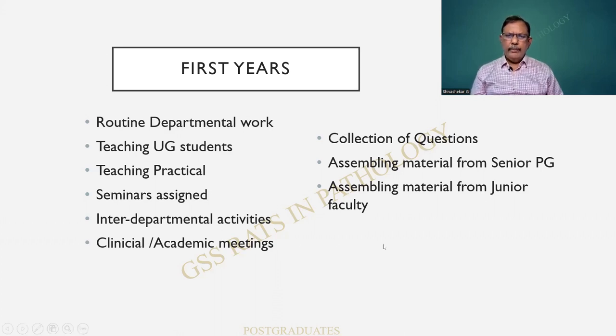What I would advise you people is, in the meantime, you collect the questions. And when I say questions, I always tell my students, collect the undergraduate questions, collect the postgraduate questions. Assemble the material from your seniors. Your seniors are already a temple of experience. They would have done many a thing the wrong way, struggled, and finally they would have found out a solution. So definitely they are the best people.